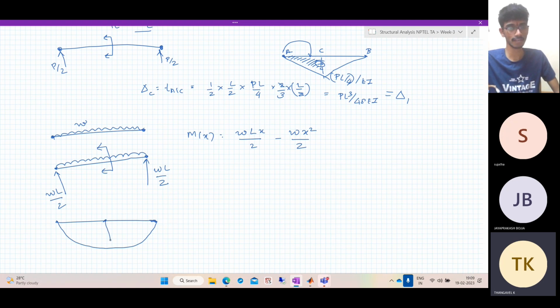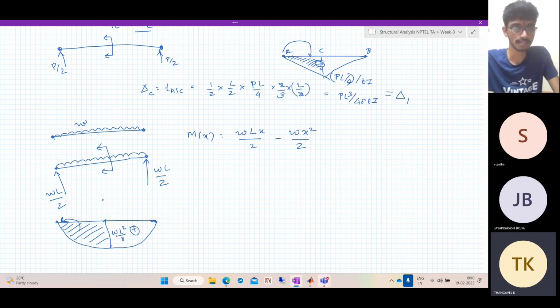So what is the maximum value? Just substitute x equal to L by 2 in this. You get WL squared by 8, which is positive. So you need to take the moment of this area about this point. If you do that, what you get will be, so the shortcut again is